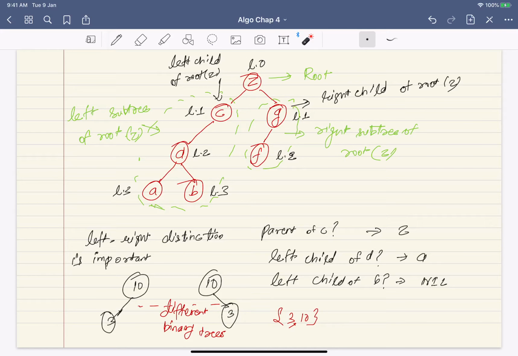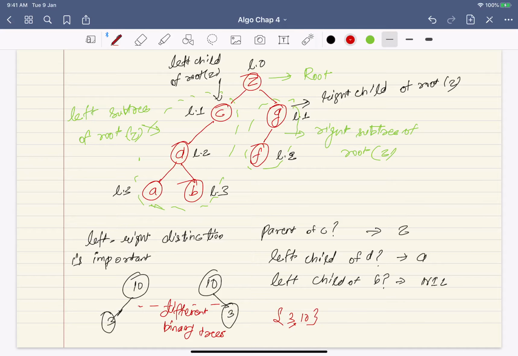Since there is no cycle, and this is connected, you can say there is exactly one path from one node to any other node. So for example, from D to F, there is exactly one path. You go D to C to Z to G to F. Between B and C, there is one path.